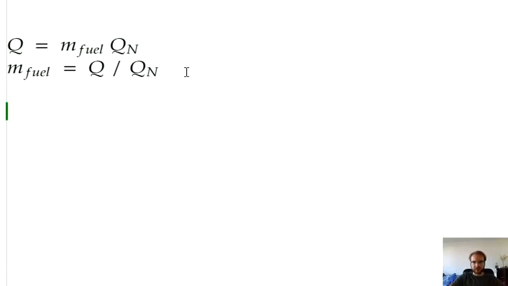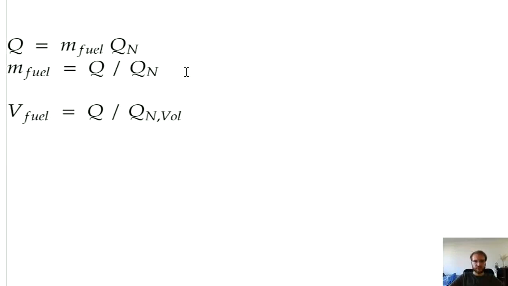Similarly, for example, for natural gas we have the volumetric values. We have the heating value per cubic meter. So the volume of the fuel for 1 year is the required heat divided by Qn volumetric,